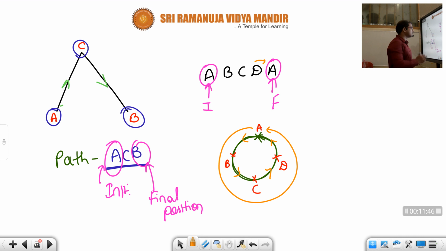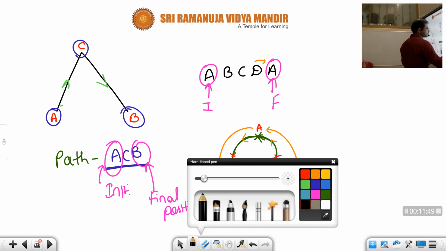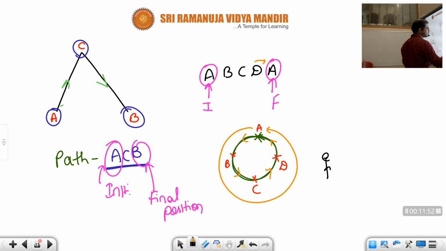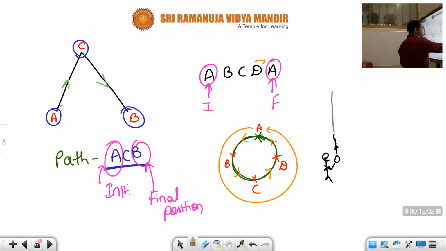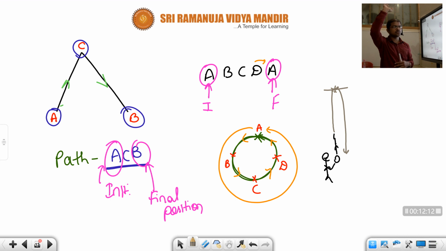Understood, children? Not only this one, take an example: a person is throwing a ball in the air. See here, it will reach some highest point. If you throw a ball, it won't cross the boundaries of the earth. After reaching some highest point, it will come back and fall into our hand. So that is the case I am taking now.